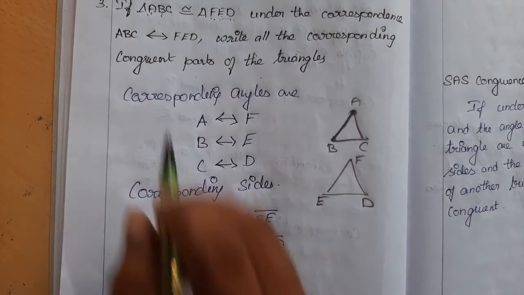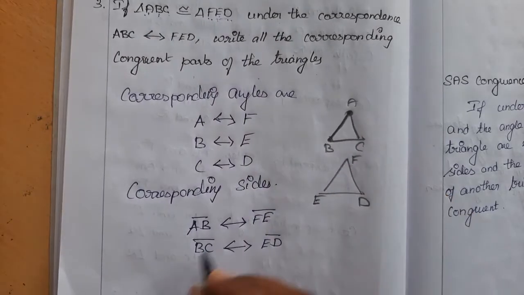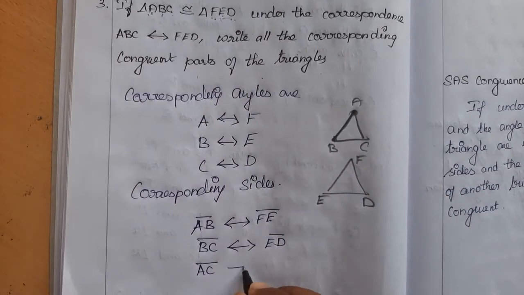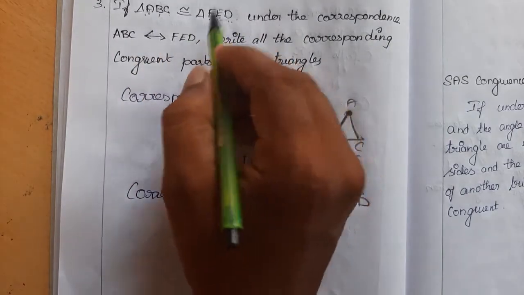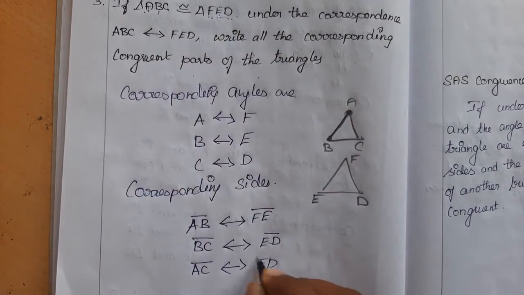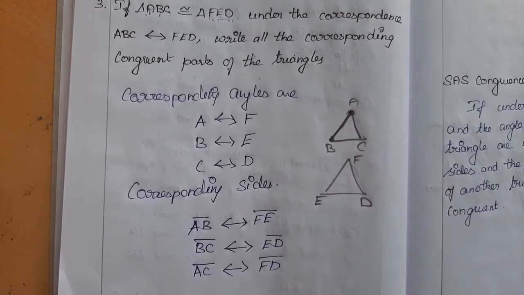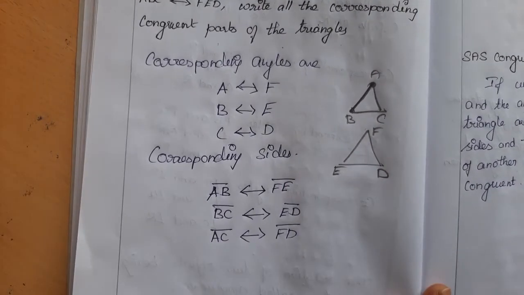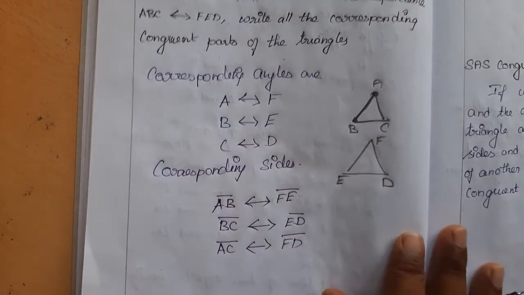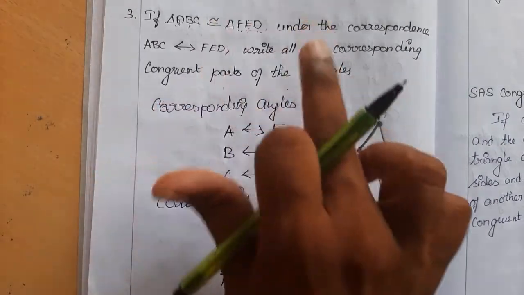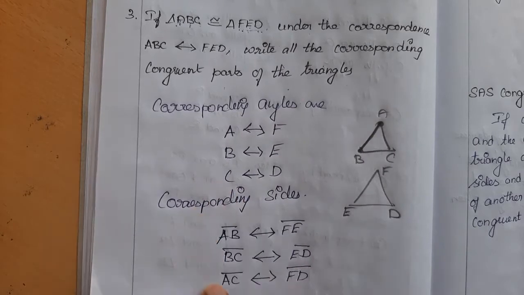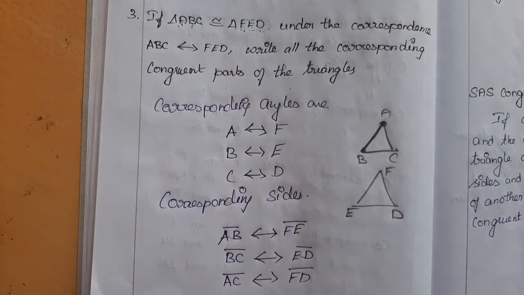Line segment ED. Next, the first and last, that's the AC. AC corresponds to, here you can see the order, first and the last, the same first and the last. Line segment FD. Here also you can see we will get those sides. Clear? So these are the corresponding angles and corresponding sides for the given congruent triangles. You have to choose these corresponding sides very wisely. Just practice with this. Thank you.